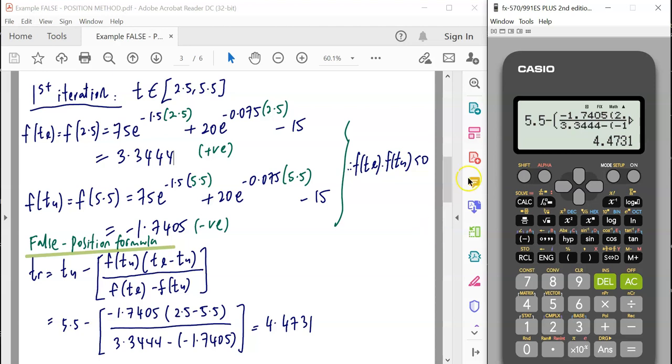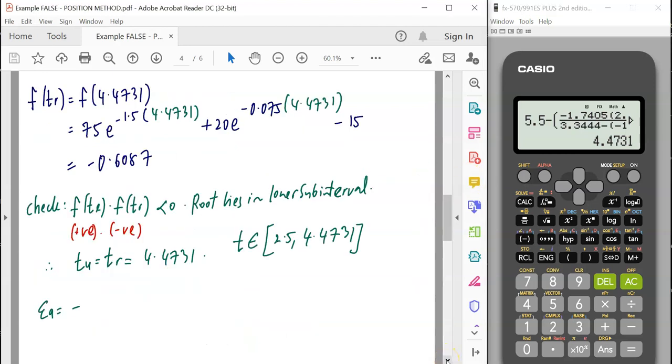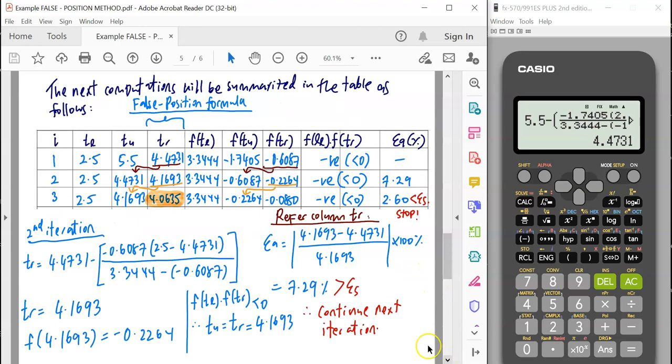Later on, when you have the next iteration, you need to calculate your new root estimation. Then you proceed like what I shared with you previously. I don't want to discuss this part because this is in the algorithm part. So this is how you test which subinterval brackets your root. Next I will share with you how to calculate approximate percent relative error.